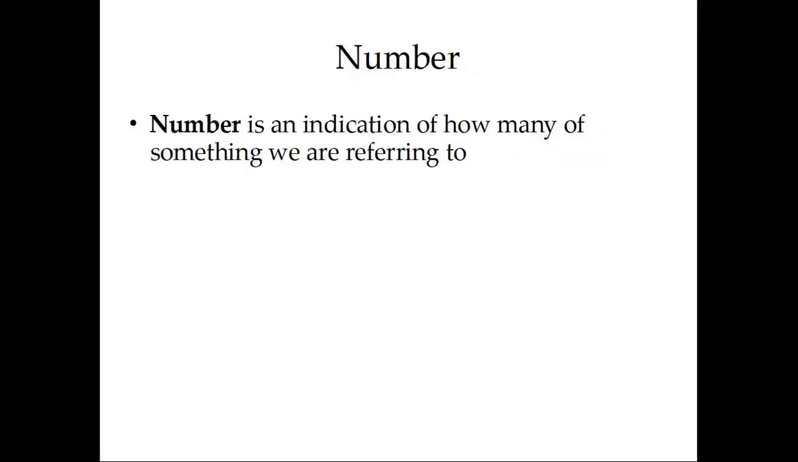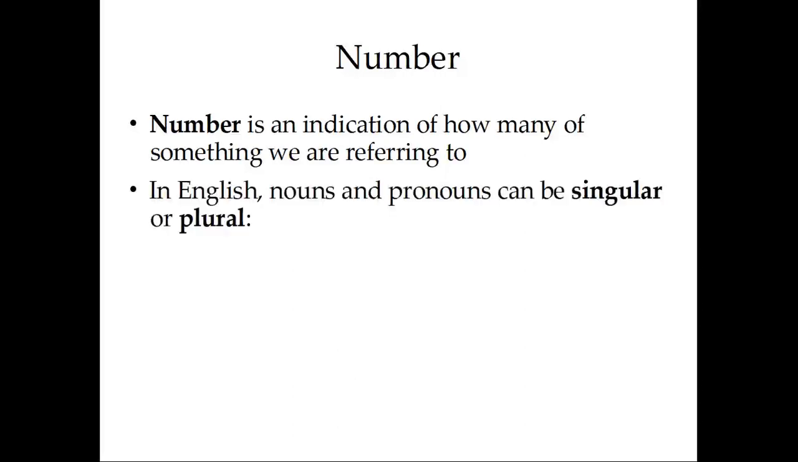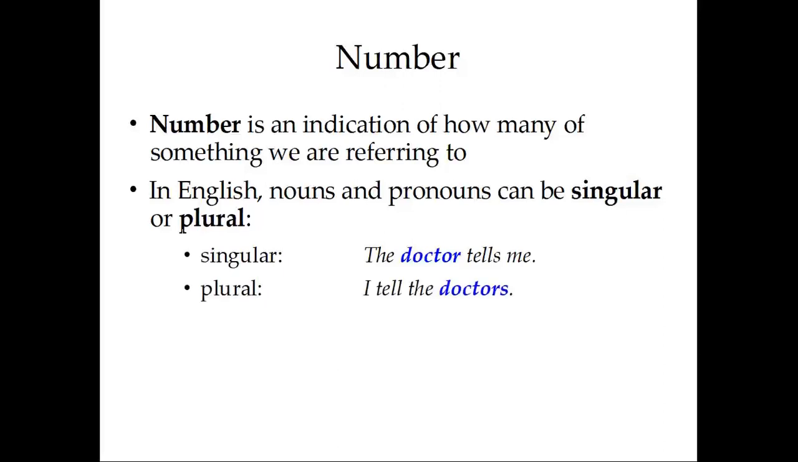Number is an indication of how many of something we are referring to. In English, nouns and pronouns can be singular or plural. We have two numbers in English. Singular, the doctor tells me, and plural, I tell the doctors. Our noun here, doctor, has changed form when we have used it in the plural to refer to more than